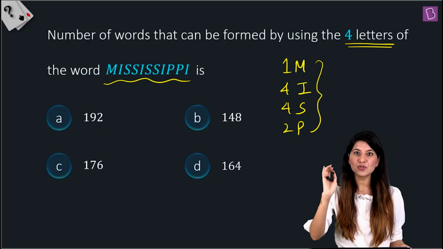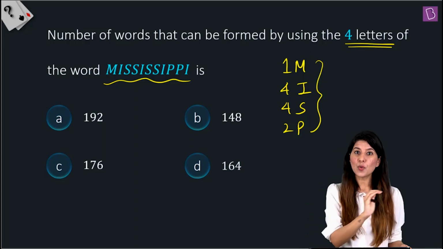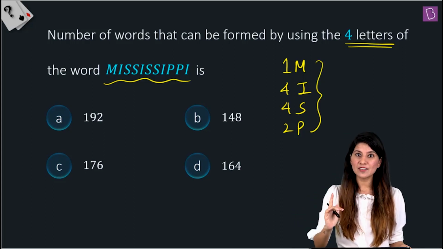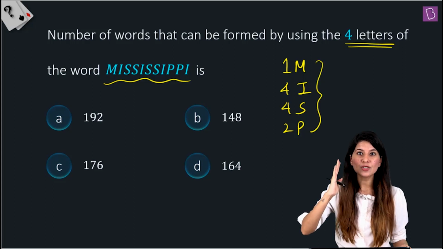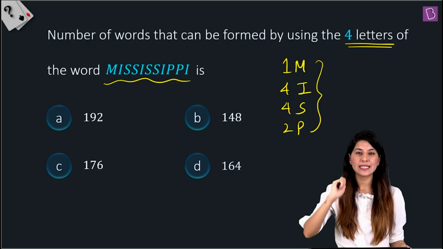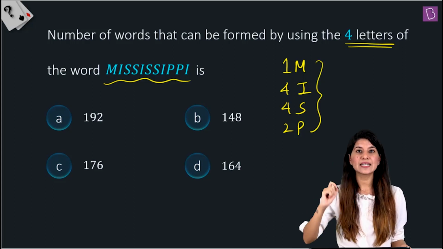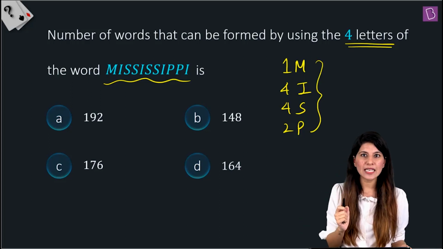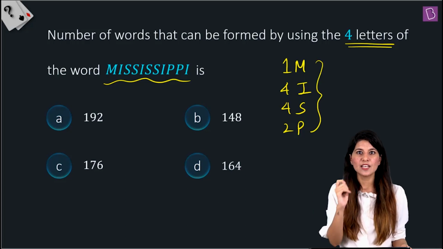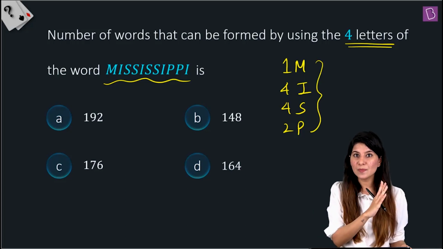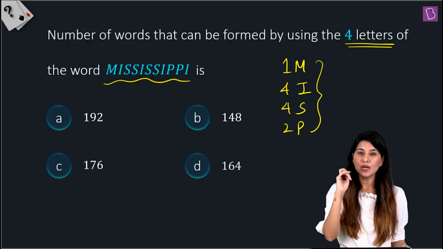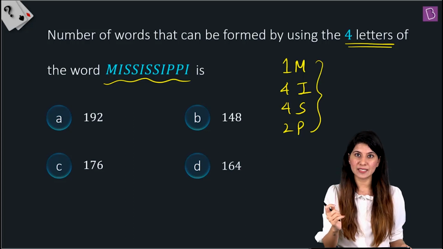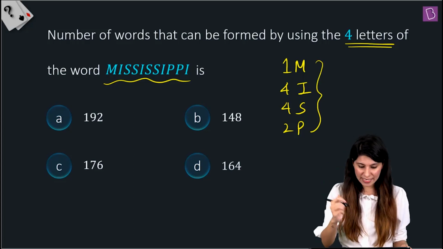Yes. The moment you try to make cases, don't just try to make cases randomly. Make your thoughts systematic, because in this particular question, if you try to make cases randomly, then you'll have fear in your mind that, am I missing any case? So, how to make sure that you're not missing any case is to actually think systematically, to think in sequence. I'll show you how.